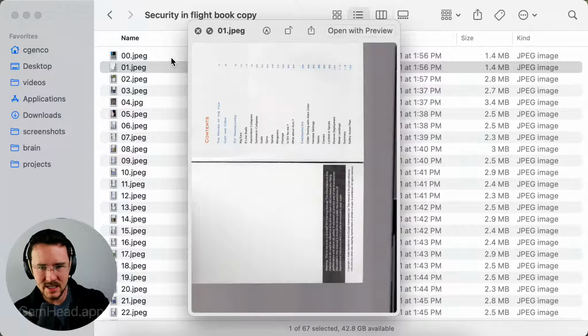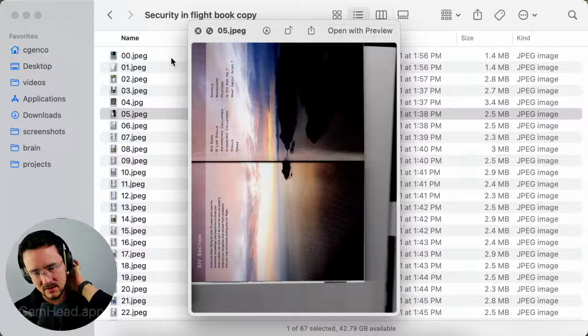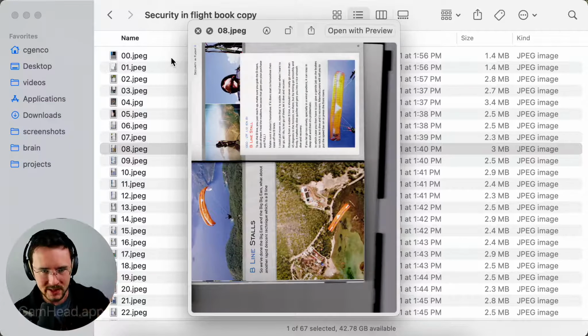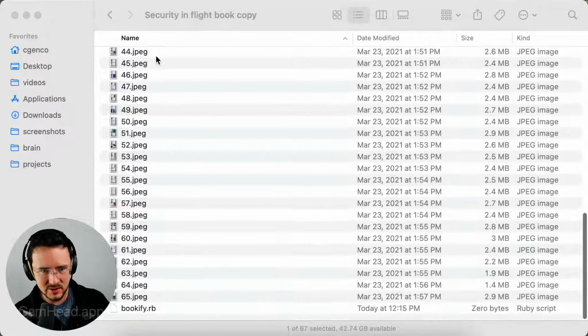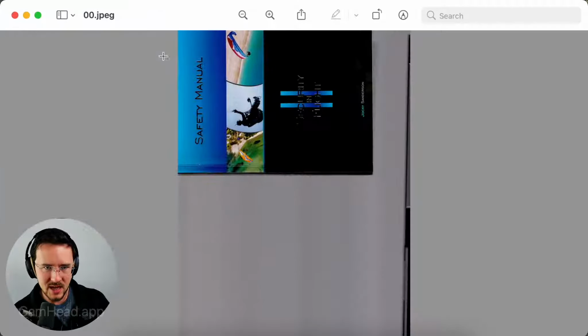And when I scanned it, I just scanned the whole bed. And for this to be stitched together, what I want is one PDF where each image is cropped and rotated and goes sequentially, and it's just a single file, because then I can read it on my iPad and stuff. But if I'm doing this manually, my gosh, there's 65 pages,